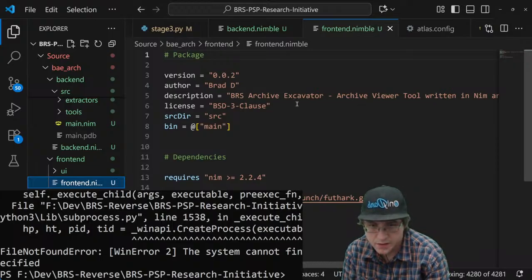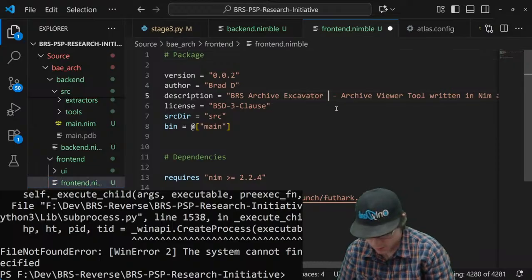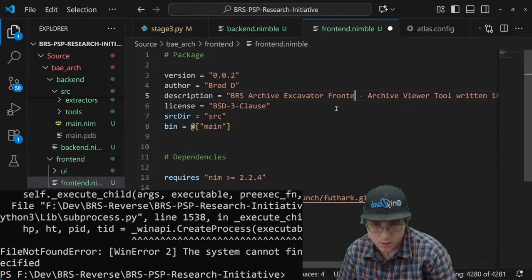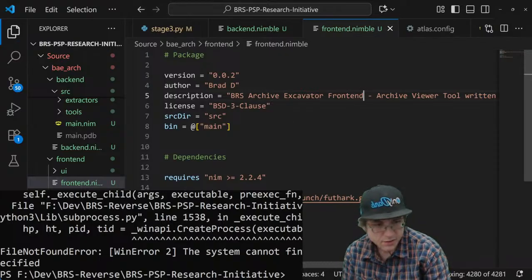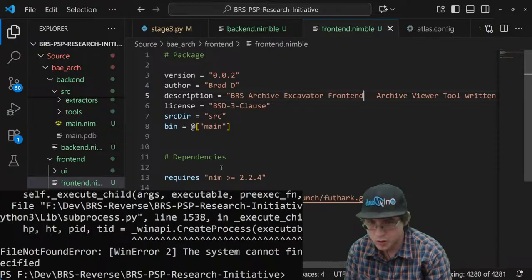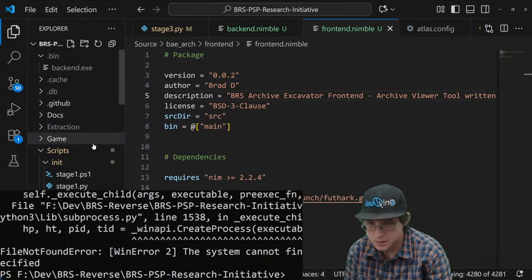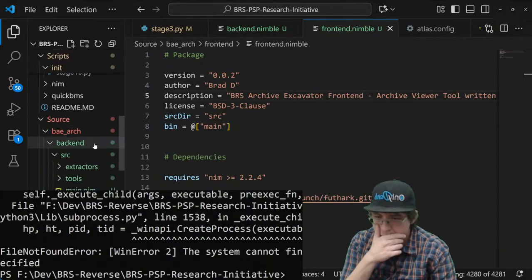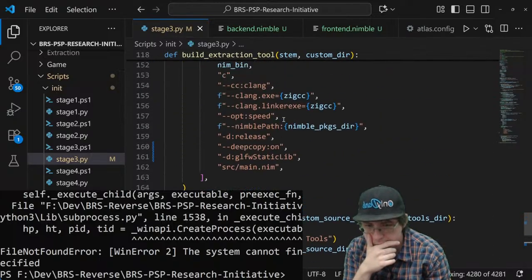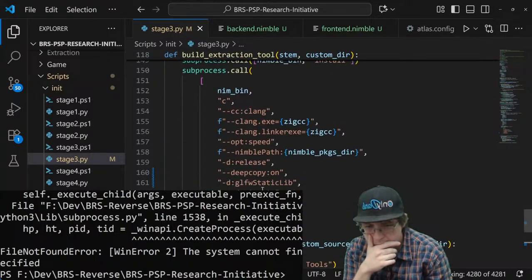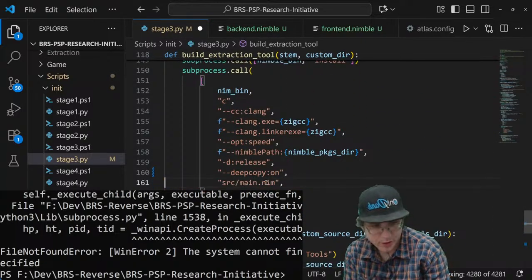BRS archive extractor. Doesn't require a whole lot. I don't care about GLFW right now.